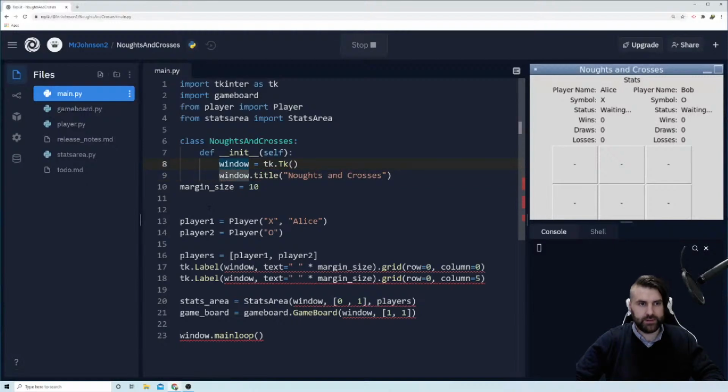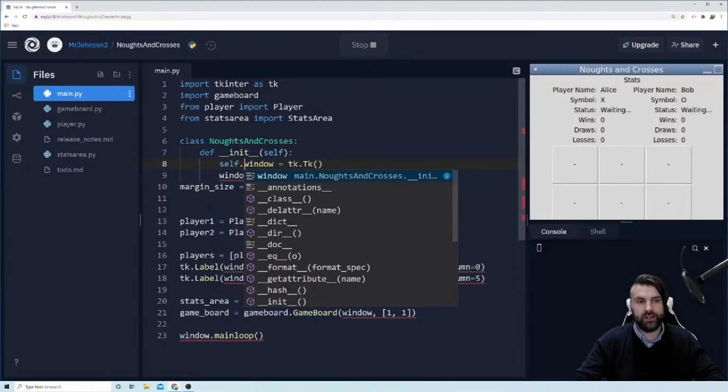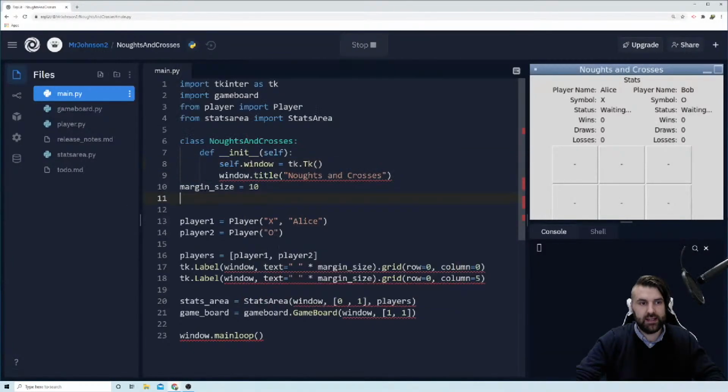And we're going to give that window a title. Now, we don't just want a window that just kind of exists and then stops existing. We want to tie it into this class. We want to store its state. And so to do that, we're going to say self.window equals tk.Tk. And then when we refer to it on this line here, window.title, we need to say